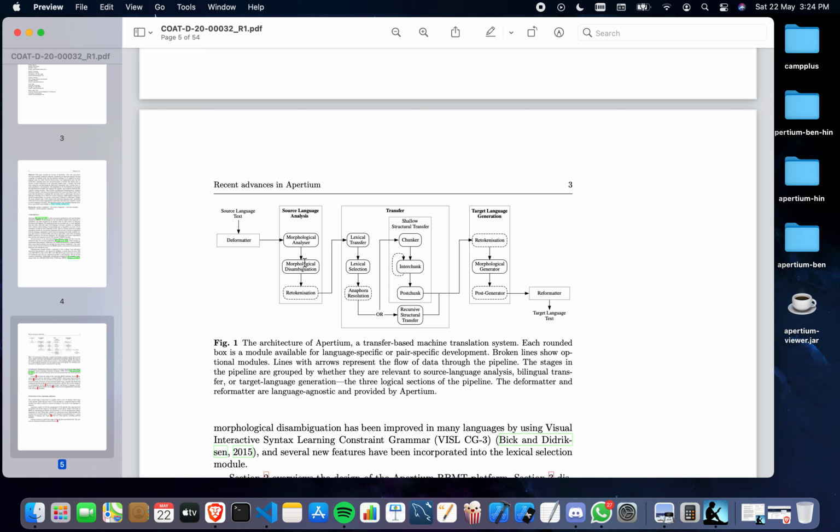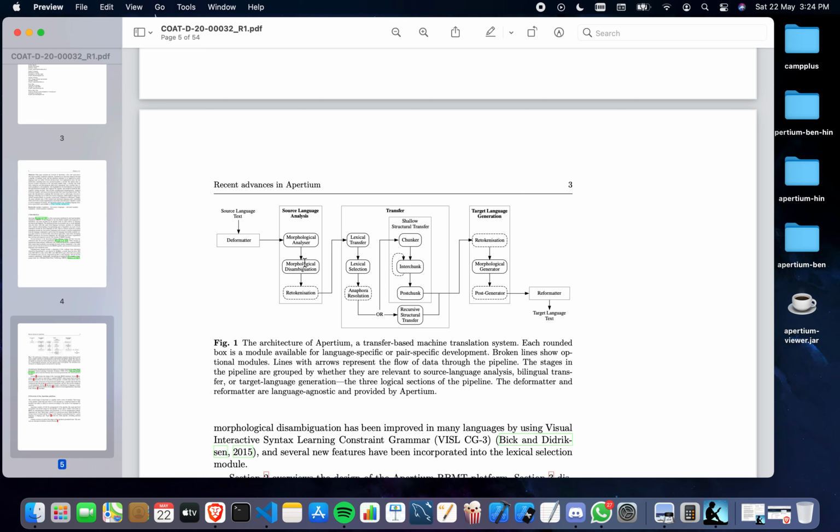Now we are passing over the data to the transfer section of the RBMT. The first part is the lexical transfer, then the lexical selection, then the anaphora resolution. Now we have two options, two ways to go about it.